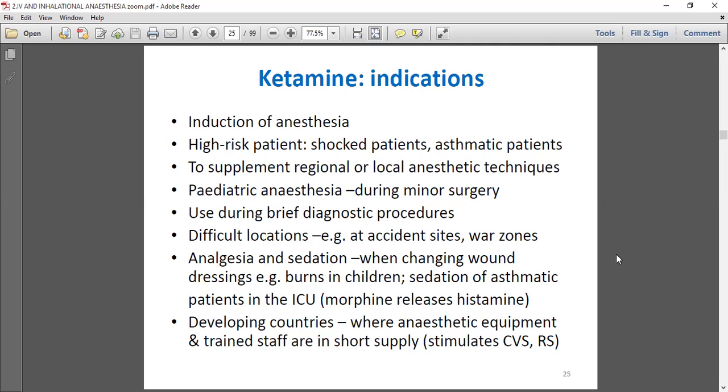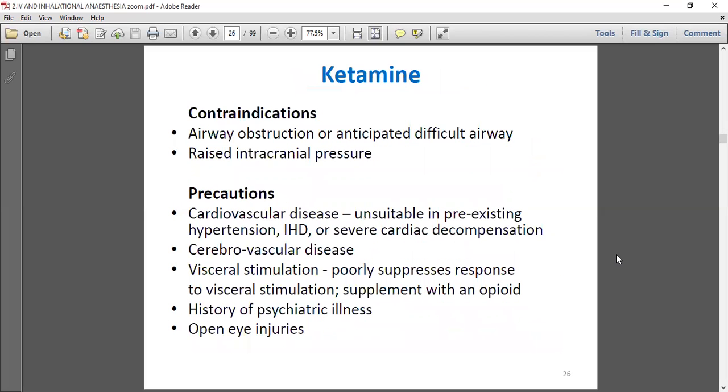So it is slow acting because it will take like 15 to 30 minutes before it gets done in the system. Compared to sodium thiopental, which is ultra short acting, it will last 5 to 10 minutes. You've understood the difference? So then, in developing countries where anesthetic equipment and trained staff are in short supply, I found this very